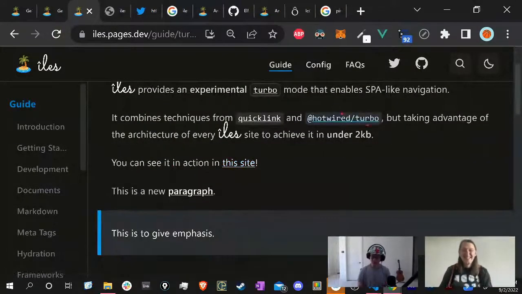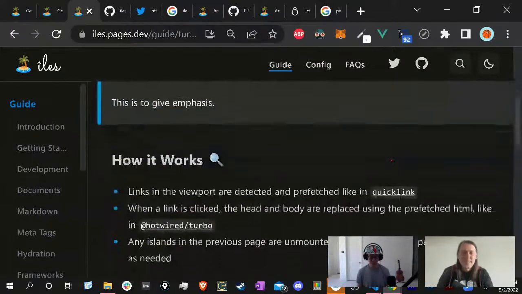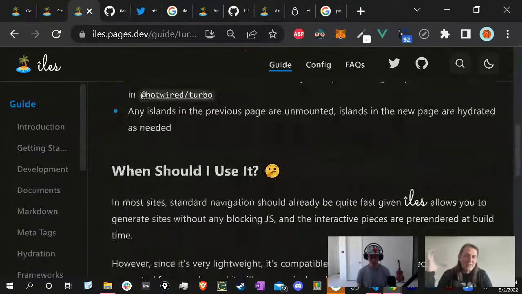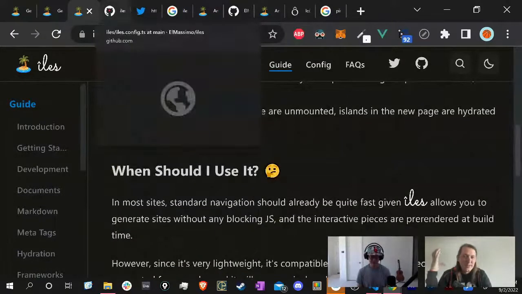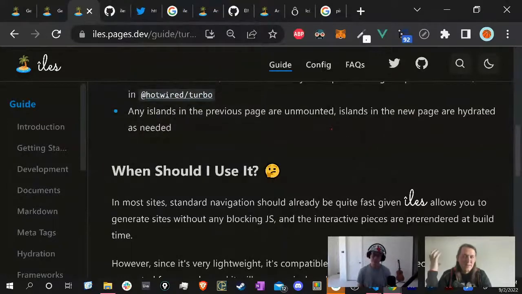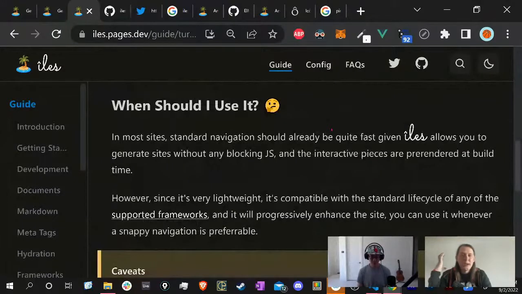Yeah, that's the one I was thinking. I had just heard about it. Turbo enables SPA-like navigation. That's from the side where Rails lives. I think Turbolinks is coming from Rails. That's where we do everything in Ruby. We just send HTML from the server,